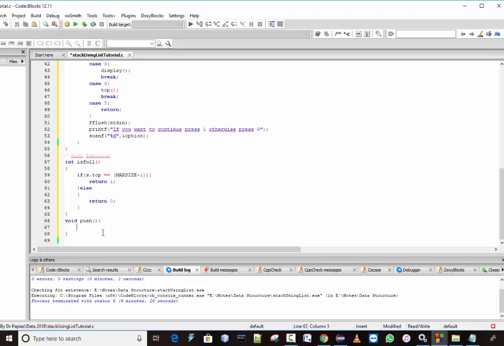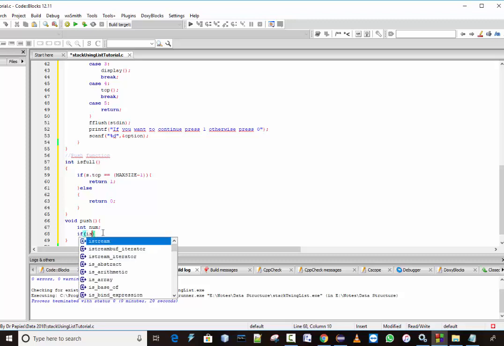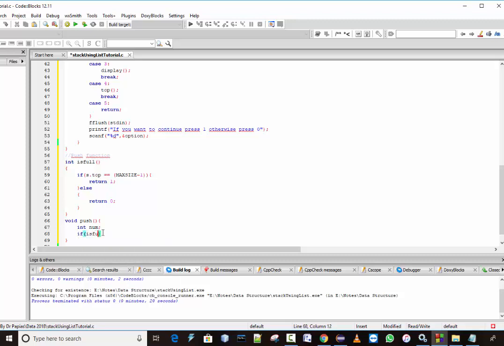Niyo mpamvu hano mu mantuza yanjye nta mpamvu yo kwirirwa muri aya mafunction yanjye kugenda mvuga ngo please enter something, ibintu nk'ibyo ngibyo. So I will have int num, the number, then if is full, okay, because it is a method. If is full,